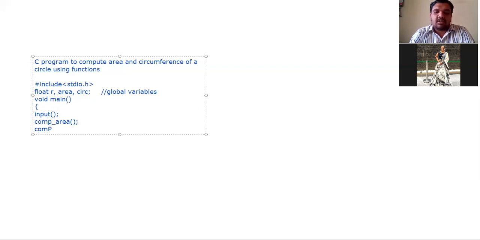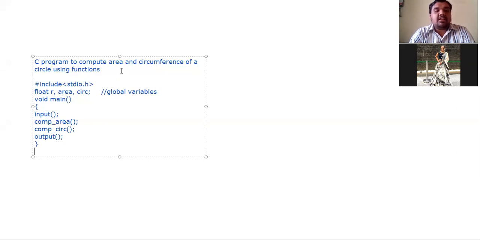Then comp underscore circumference, which calculates the circumference of the given circle. Last one is output, which outputs the area as well as the circumference of the circle. These are the four important functions we are going to call in main. Now close the main function. That's all, the main function is over.